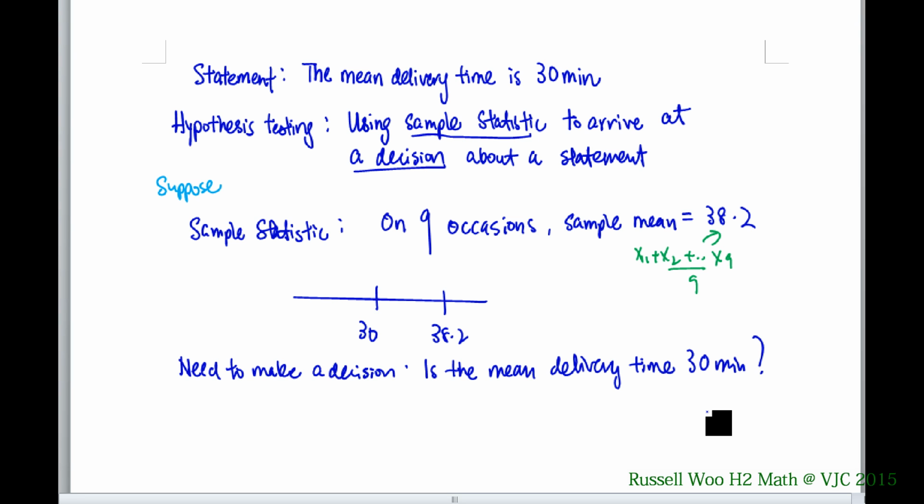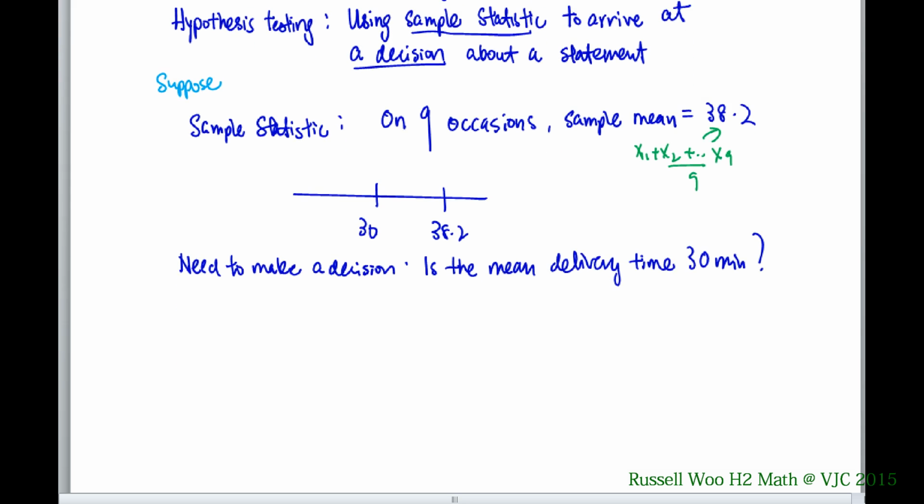Very good. So, just a quick answer. My quick answer is this. Actually, not very quick, but never mind. If the statement is true, if the statement is true, it means the mean is indeed 30. If the statement is true, and assume that it is